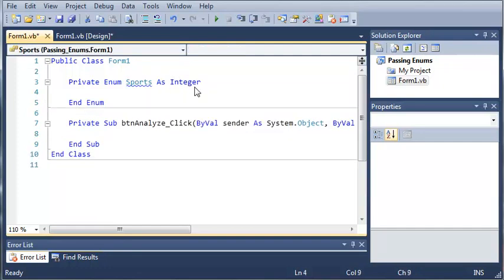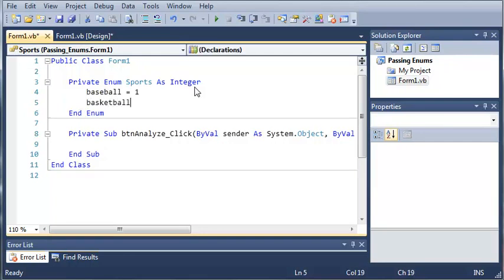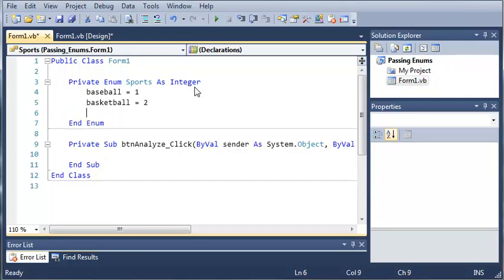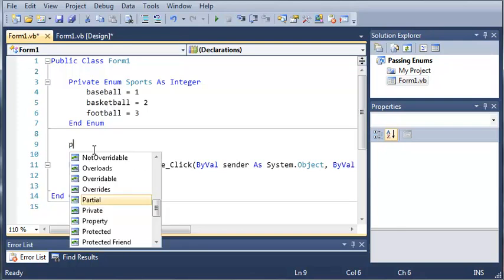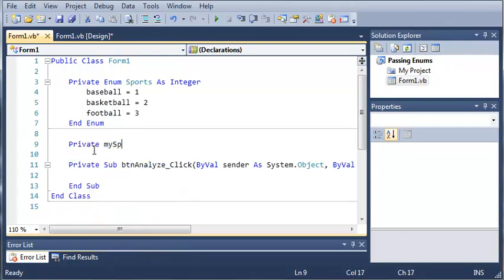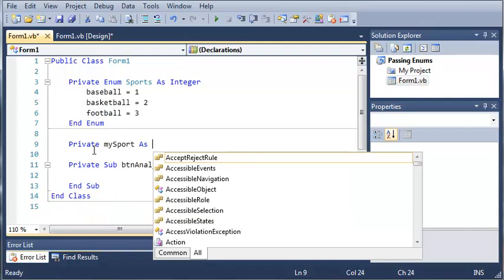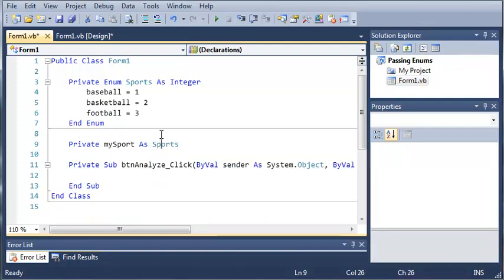Okay, so now we're going to set baseball equals 1, basketball equals 2, and football equals 3. So now we're just going to create an object of this enumeration. Now object probably isn't the best word for that. Let's create a variable, a data type of this enumeration. So we'll just type private my sport as sports,